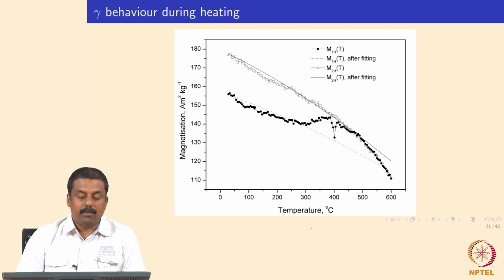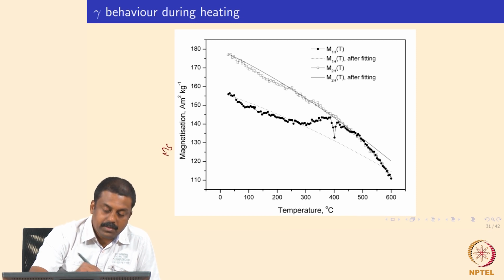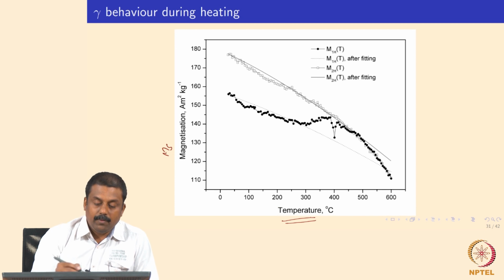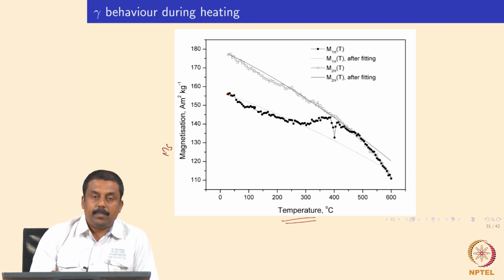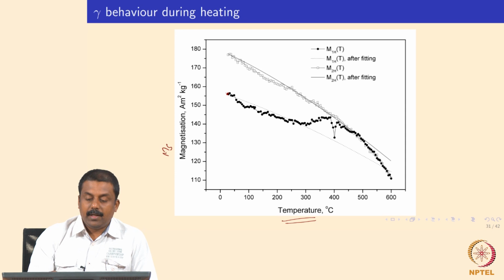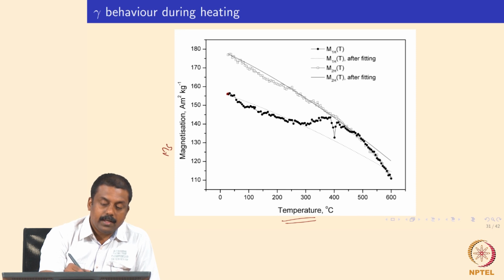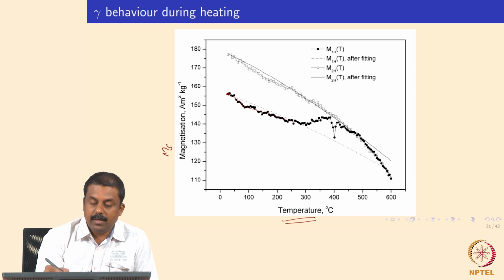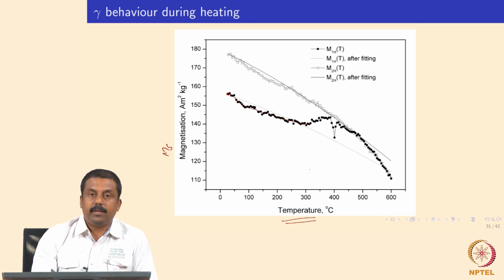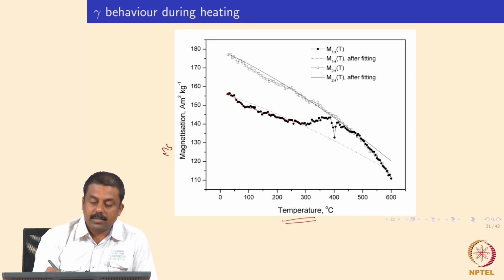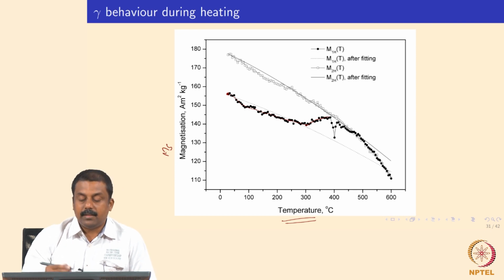So you can clearly see here, what you see over here is the Ms, the magnetization, measured as a function of temperature. If you look at room temperature, that is the room temperature mass magnetization value in a TRIP steel. So when a TRIP steel, a retained austenite containing microstructure, is heated up to higher temperature, what will happen then? What you see over here is the magnetization decreases as a function of temperature, and once you reach a critical temperature, the retained austenite present in the microstructure is transforming into another phase, which is